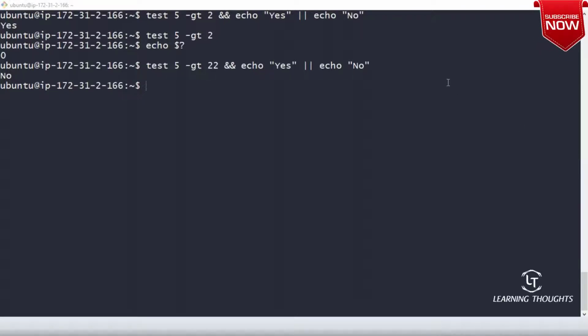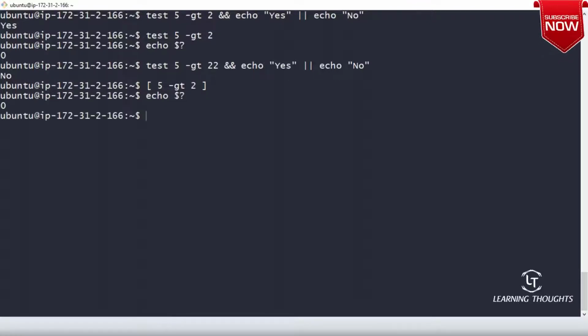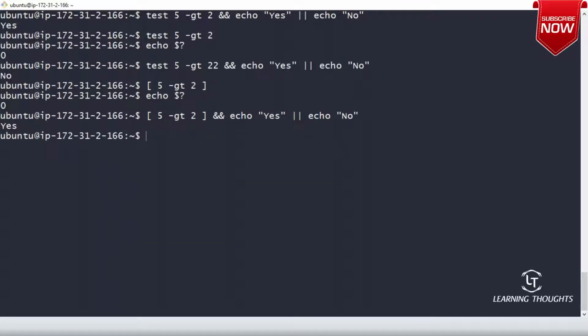Okay. Right. Now let me try to see if this shorthand notation works. 5 greater than 2, echo $?. And then let me see if I can write the same expression with echo yes or echo no. Is it working?